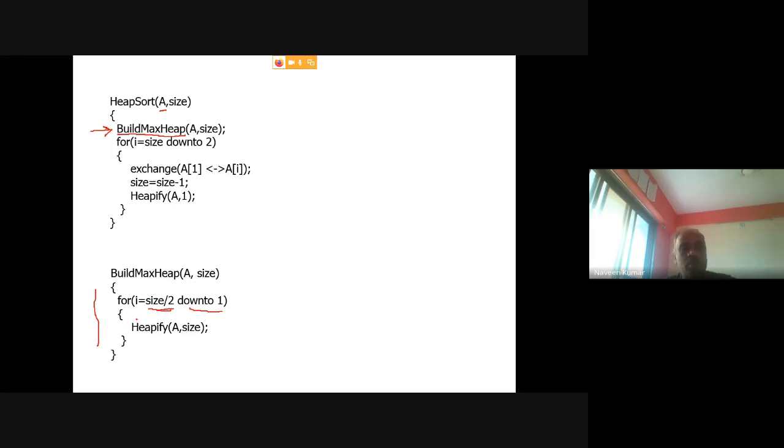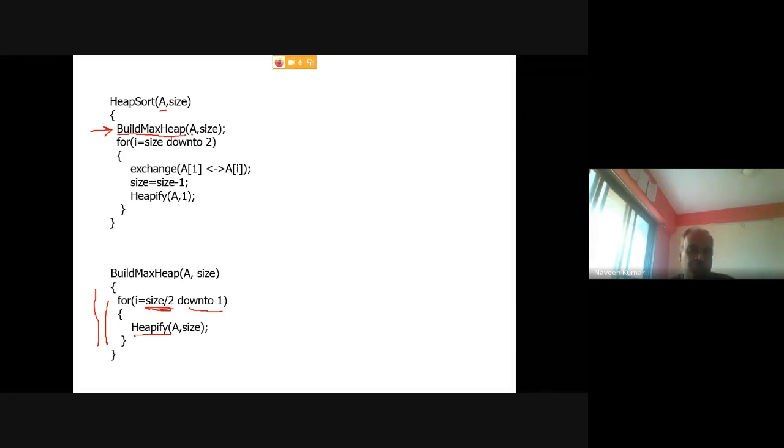Then again, in every such case, the problem is only with the root node. At size by 2, if you remember, there is only one child, right? So problem will be definitely at root node, right? So using this Heapify algorithm, we are actually trying to convert into max heap, right? Then we reduce its size by 2 minus 1. Again, we convert that subtree into max heap by calling this Heapify algorithm. We will see this Heapify later, right? So using this call, basically we are converting that input array into max heap.